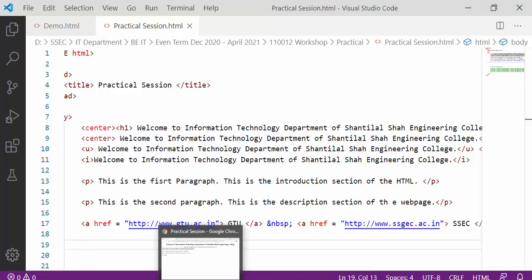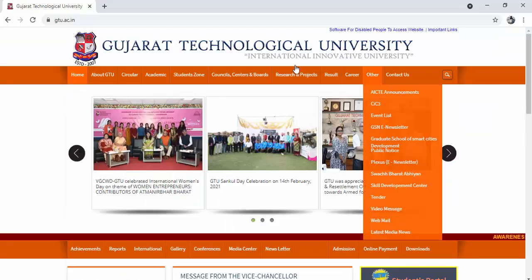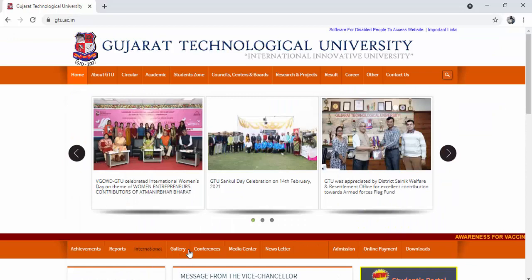We forgot about one thing. If we click on GTU, then the given link is displayed on the same tab. See here, same tab.